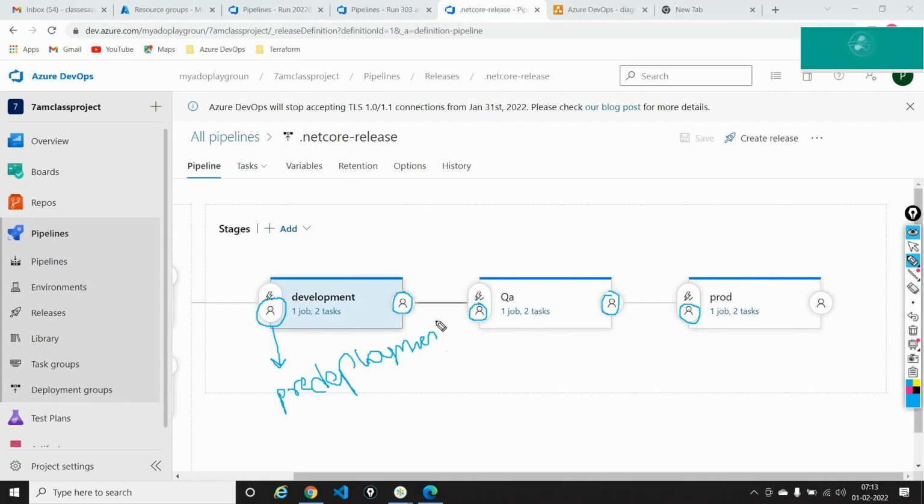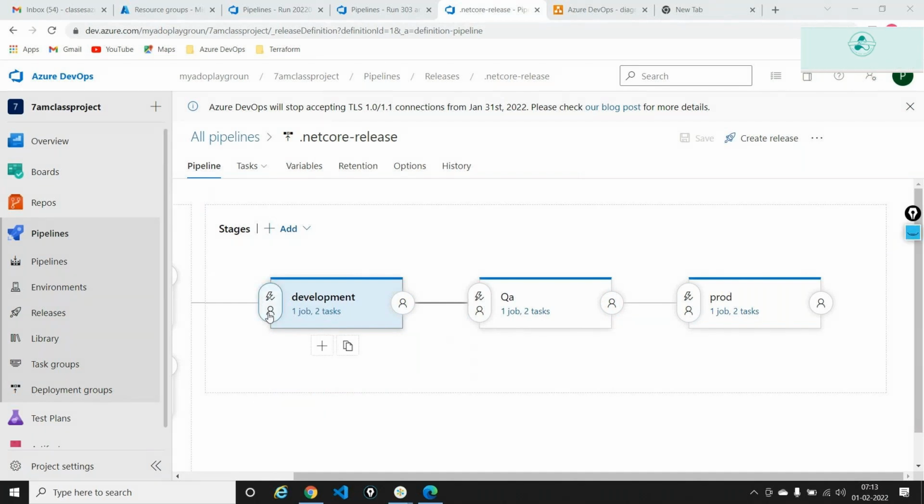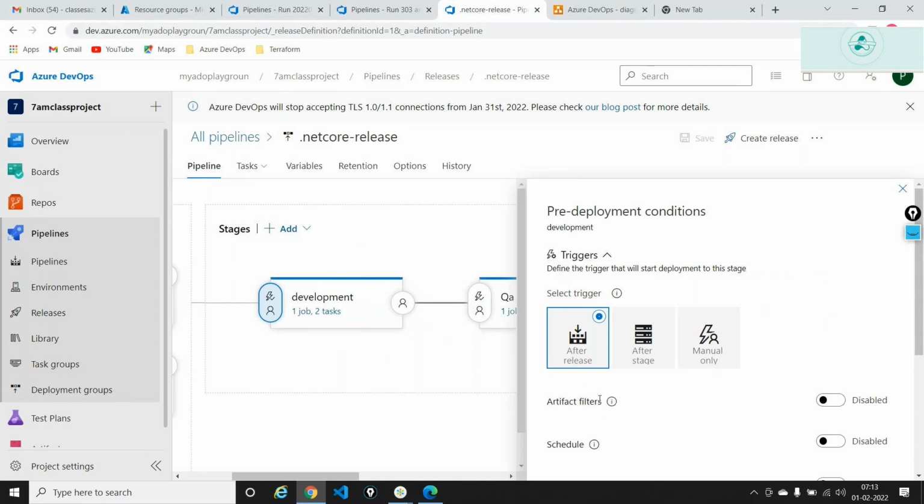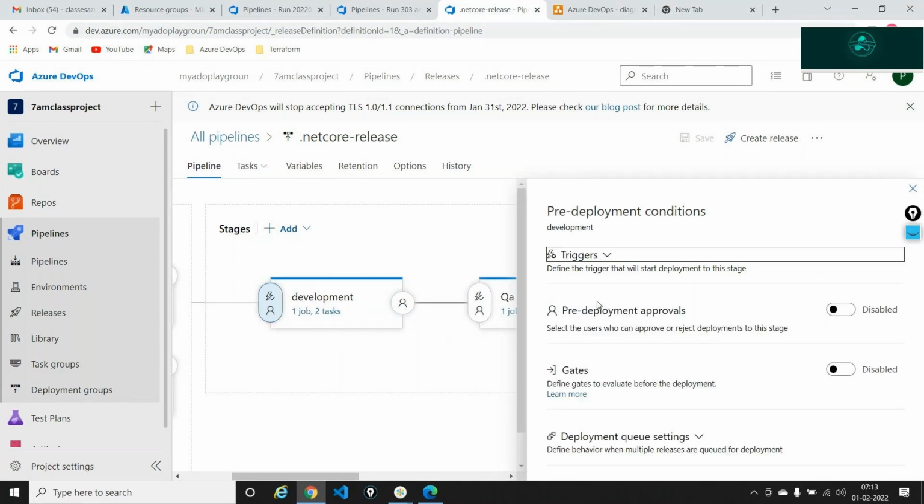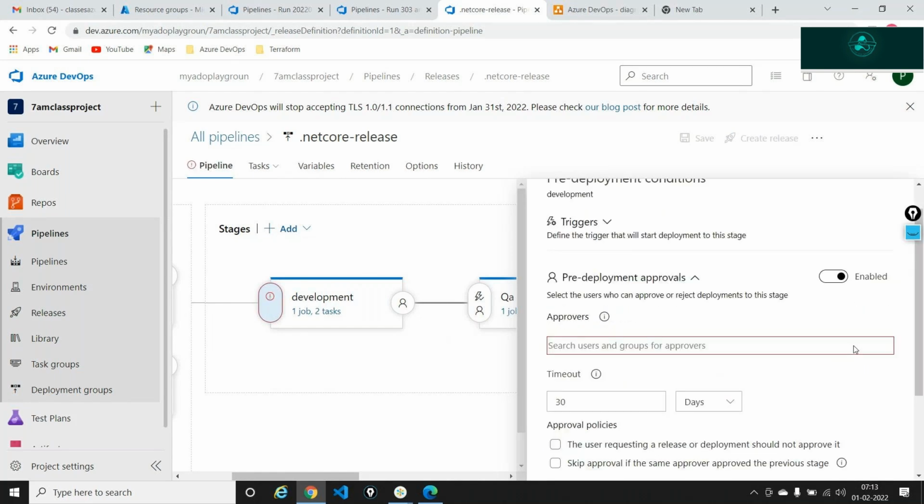Meaning, what exactly happens out here is this. If I go here and click this button called pre-deployment conditions, there is firstly something known as triggers. I'll come to that in a second. There is something called pre-deployment approvals. I'll select this and